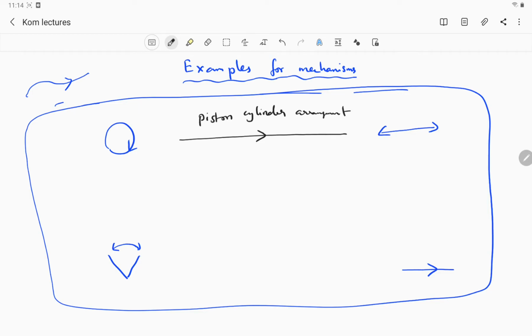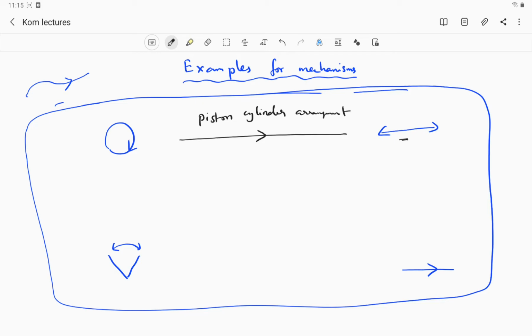In the piston cylinder arrangement we can have input motion of a crank in this form and the motion of the piston which will be in this form. Okay, and we use this in IC engines and also for reciprocating pumps.